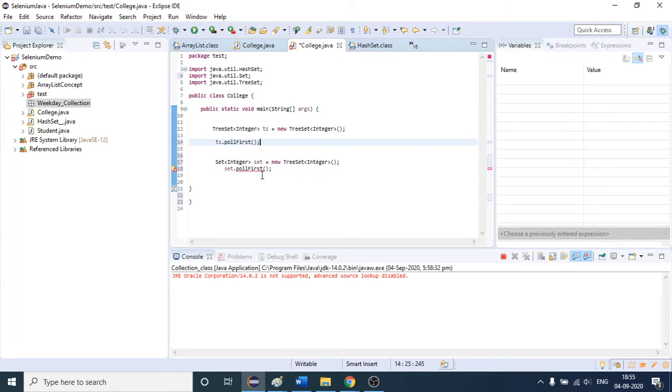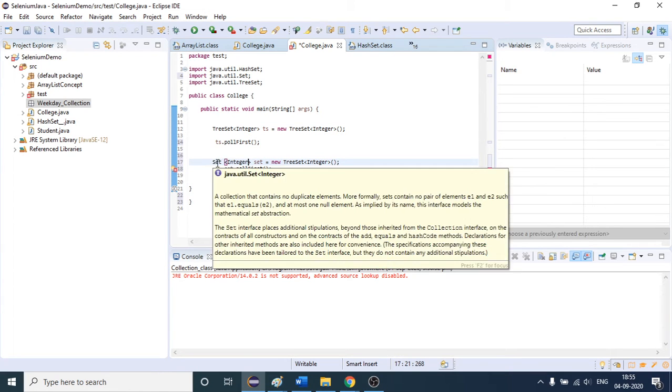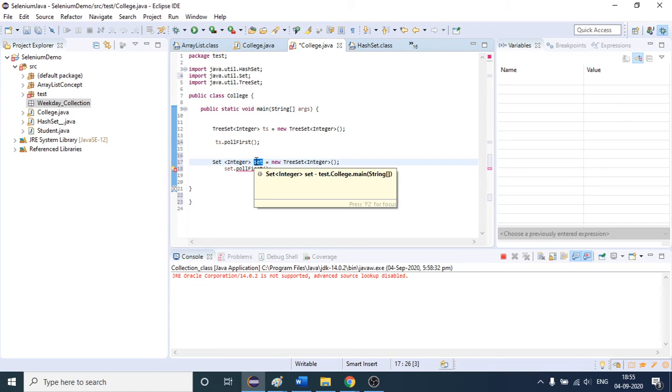Okay, but here I am again creating the object of this class, but this time you can see the left hand side is a little bit changed, and here I am using the Set interface, meaning the object's reference is passed to Set. Suppose this is my object name.